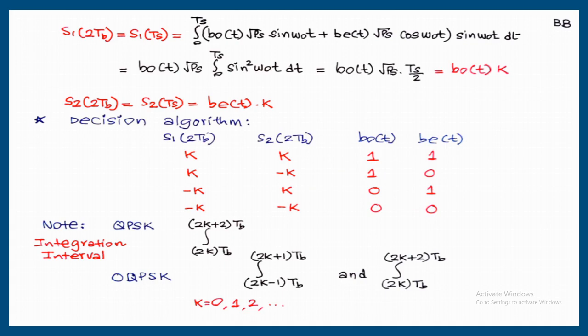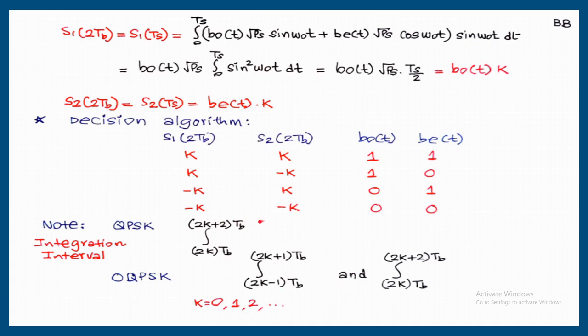In QPSK, odd bits and even bits are parallel. That is why the integration is also the same for the same interval: 0 to TS, next TS to 2TS, next 2TS to 3TS, etc. But when it comes to offset QPSK modulation, there is a difference of TB seconds between odd bit and even bit. That is why there is a small difference in that interval. So one interval will be minus TB to plus TB and the second interval will be